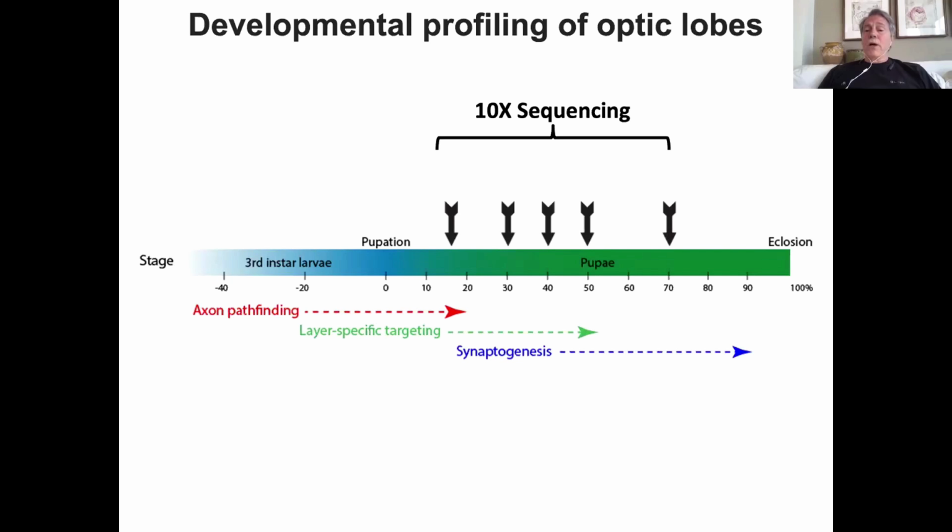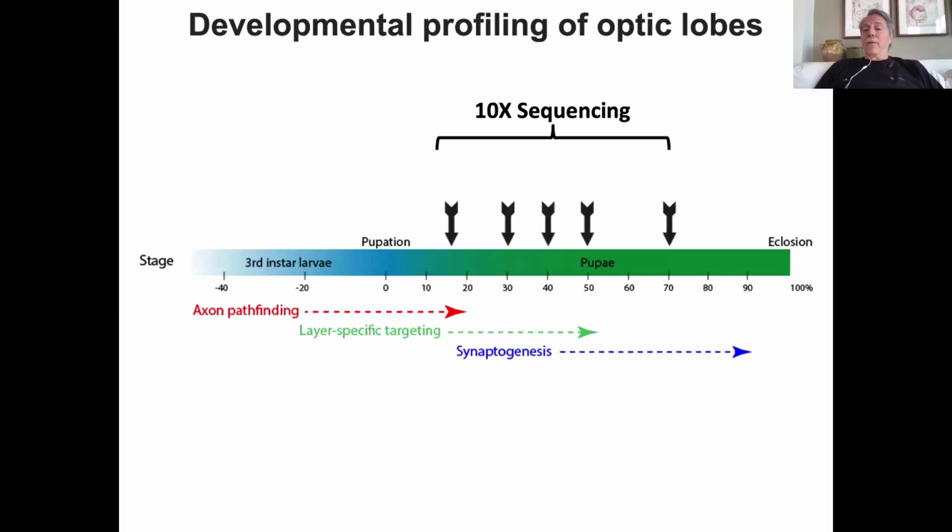Okay? So we said, let's try to look back in development and see what happens earlier, for example, around 50% pupation, when most of the connections are being made. But of course, at 50% pupation, there is no way you can identify the neuron because they have no form of shape. They have not yet acquired their shape, and therefore you don't know who they are. You cannot recognize them by morphology.